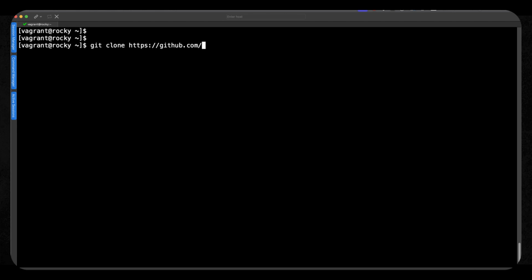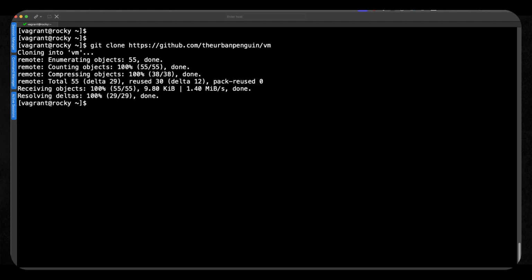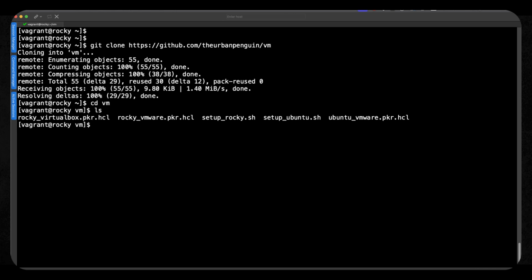github.com, the Urban Penguin, and once we're there, we can set the repository name, which is just nice and short as VM for virtual machine. Hit the big enter key, allow that to run through, and we are now ready to go. I'm able to move into the directory, and if I do a listing here, you can see that we've